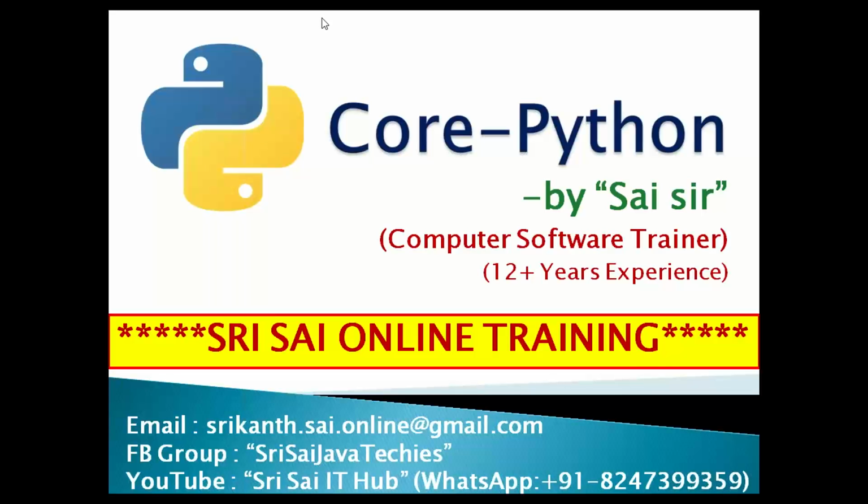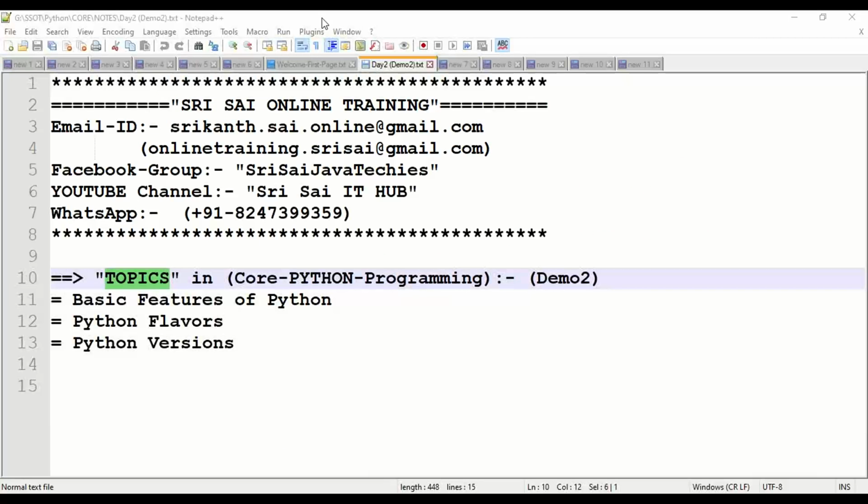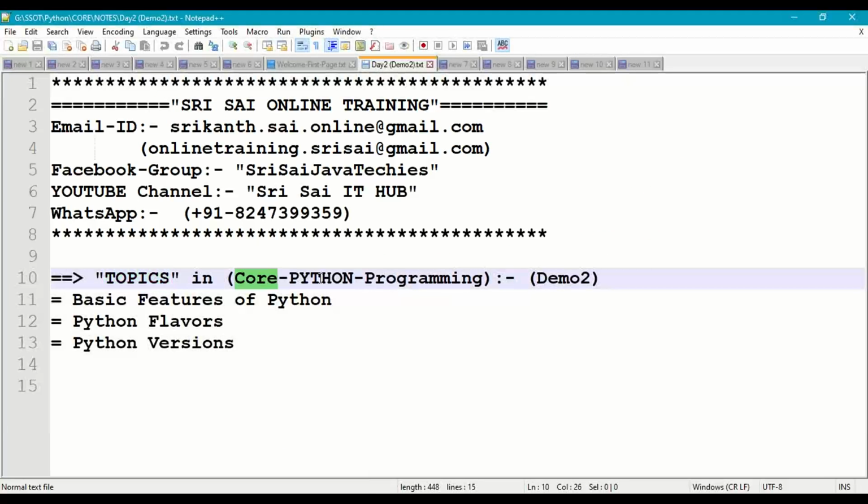So today in this session of core Python programming, we are going to discuss the following topics. This is demo session 2 of core Python programming. Today we'll discuss basic features of Python, what are the flavors of Python, what are the different versions of Python, and what is the latest version of Python. Right. So first of all, we'll start with